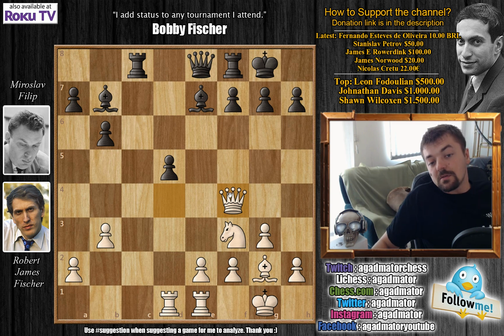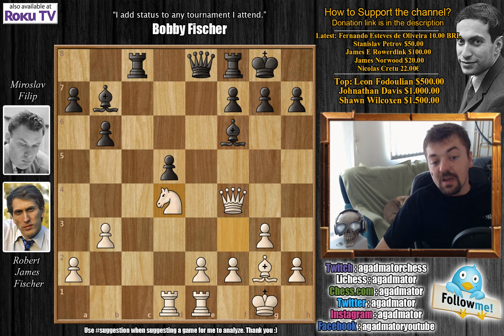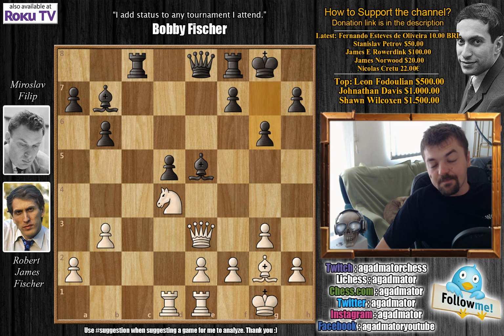Now the material on the board is equal, but you can see that Fischer has 2 pawn islands and Filip has 3 pawn islands, and Filip has this isolated d pawn, which Fischer will make sure that it remains a target. Bishop to f6, we have knight to d4, and now bishop to e5, attacking Fischer's queen. Queen to e3, and now g6. Knight to b5, a very nice move that